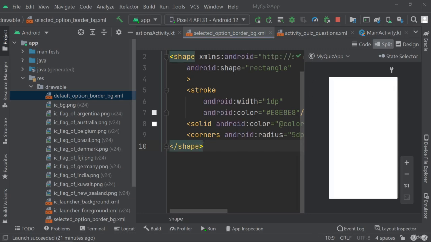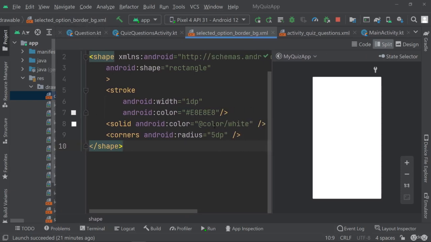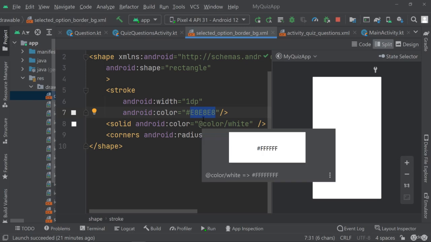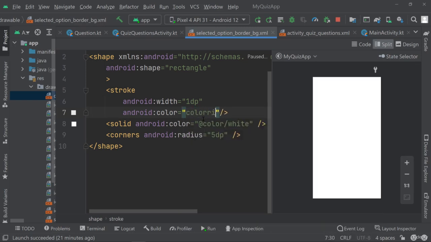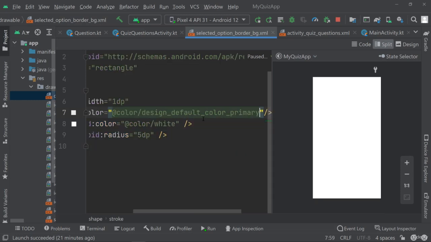The only thing that I will need to change here is going to be the color that I'm using. And the color that I want to use for the stroke will be the color primary. So the default color primary. So it will be this purple color. And you see, well, you barely see it here, but there is this purple border that is now surrounding our